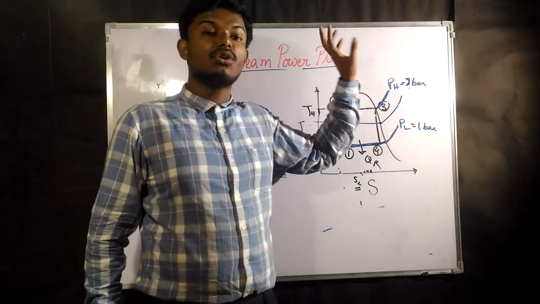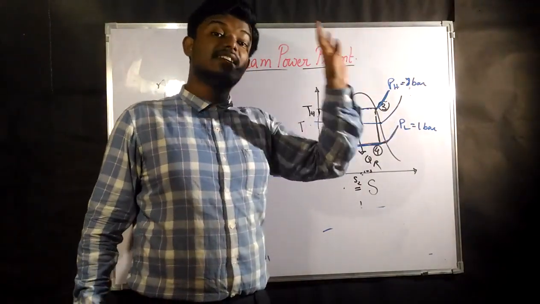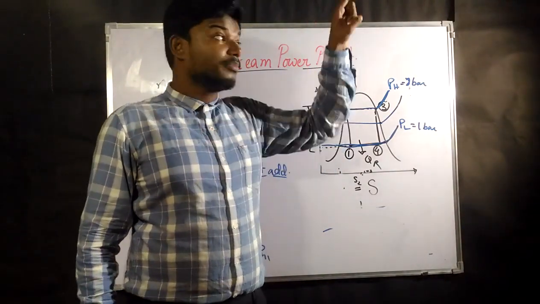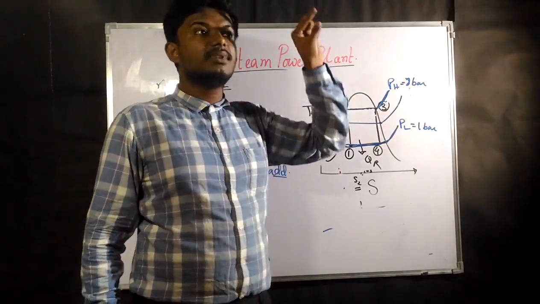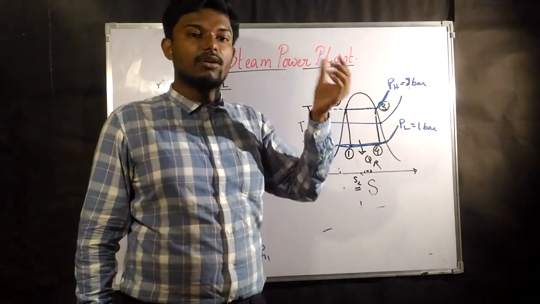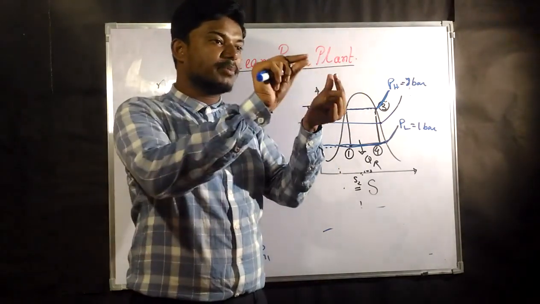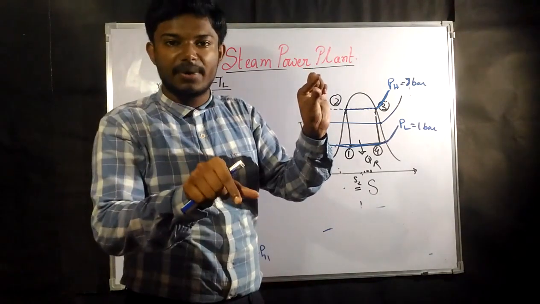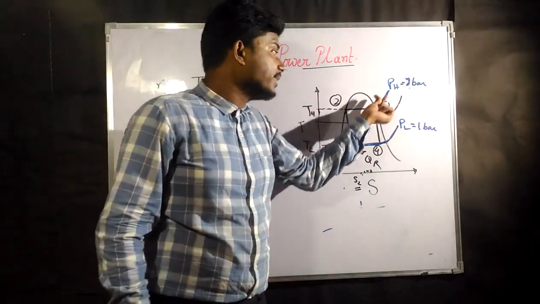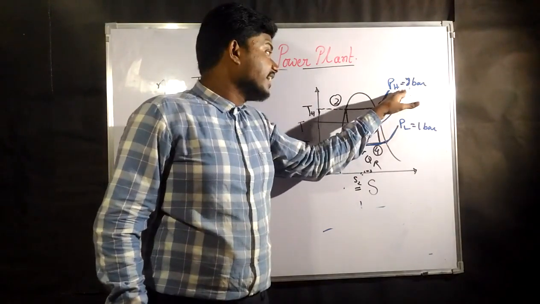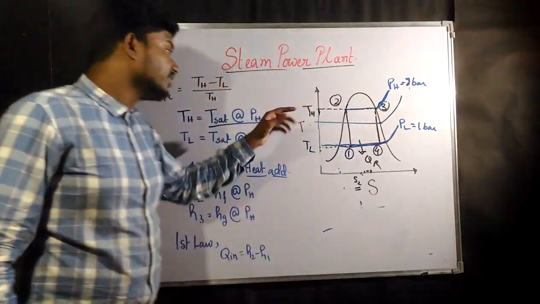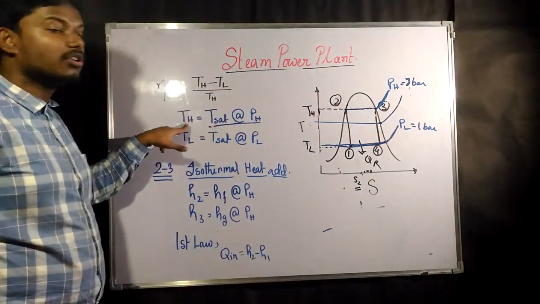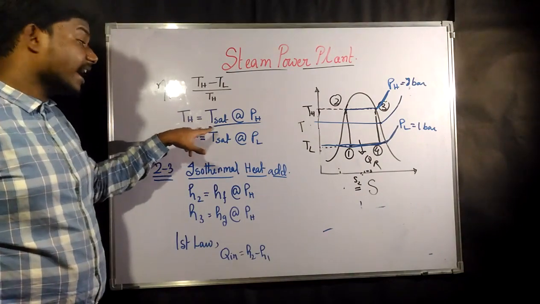Okay, so these are the standard values of pressures. 8 bar is always given in the saturated region of the steam table. So from that you need to find out what is going to be the pressure at 8 bar. Okay, so we have found the 8 bar pressure. Now alongside it they will give the saturated temperature. At 8 bar pressure, that saturated temperature is going to be the high temperature.